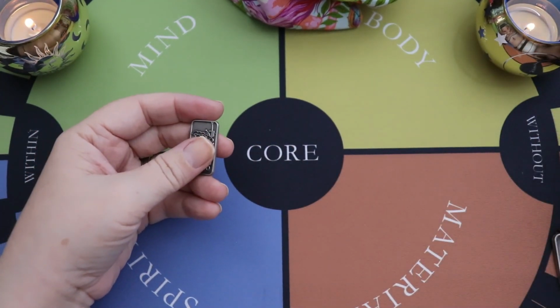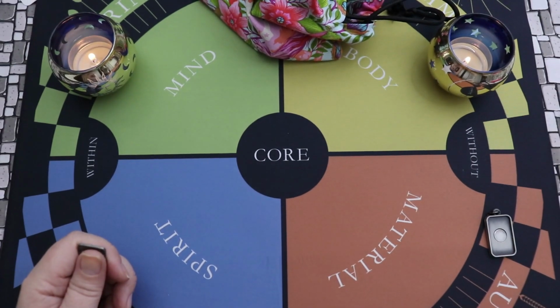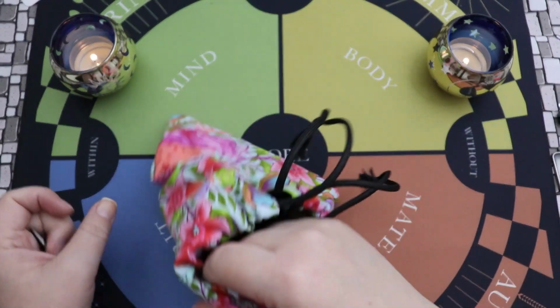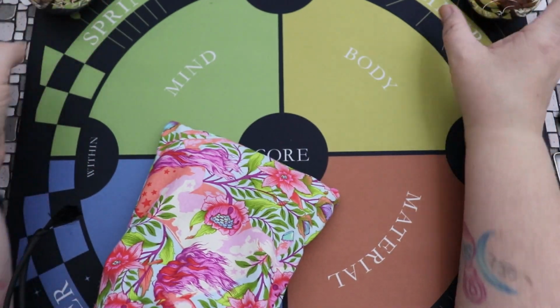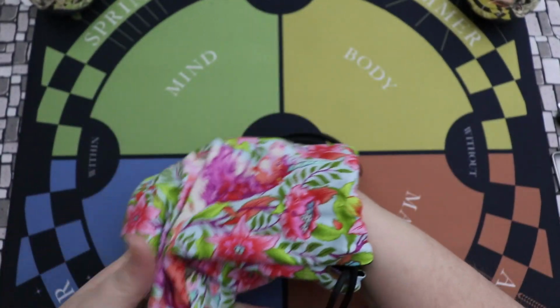Now, let's talk for just a second about this mat and how I think it could be kind of cool to use this mat specifically for tarot casting. So if I just move my candles out of the way. So let's say I just wanted to do a reading for myself. And this is what's really great because